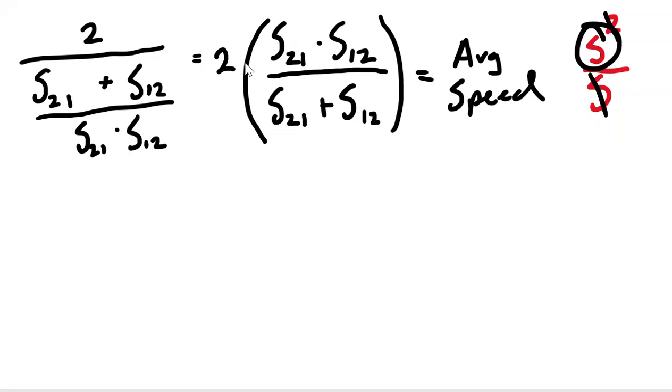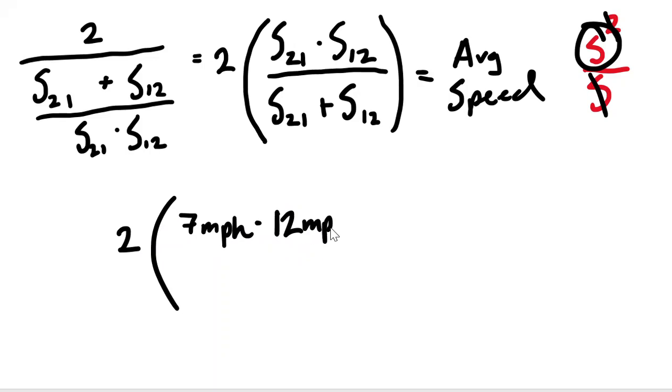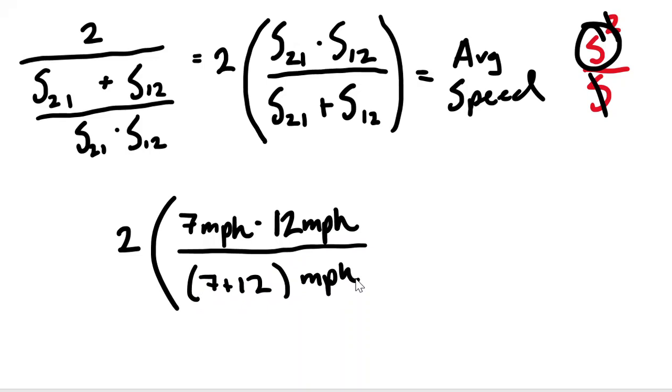So let's go ahead and plug in some numerical values. We have that the average speed is going to be equal to 2 times s sub 2(1), well, that was 7 miles per hour. That's going to be multiplied by s sub 1(2), which is 12 miles per hour. And that's all going to be over their sum, so 7 plus 12 miles per hour. And we're going to find that our average speed is going to be